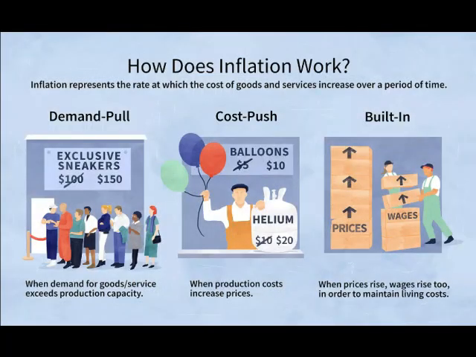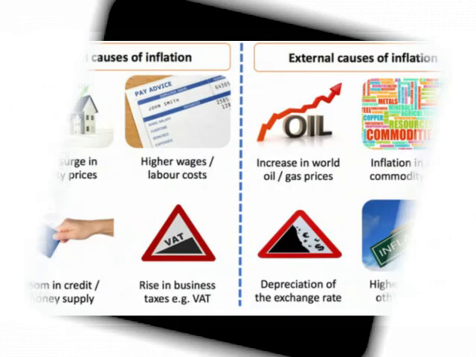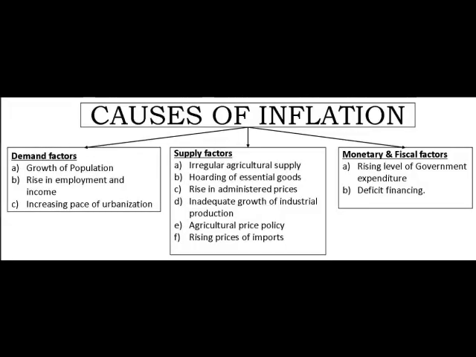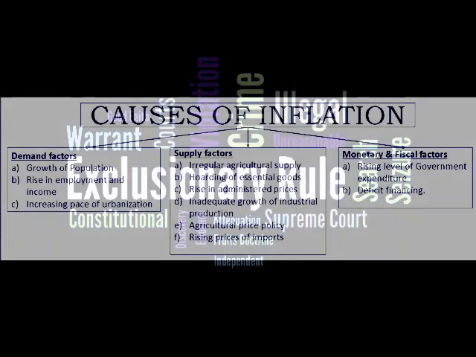Example: allowing or turning a blind eye to exploitative labor practices, such as low wages, unsafe working conditions, and lack of workers' rights protection. Impact: poor workers face economic exploitation and struggle to achieve better living standards, perpetuating a cycle of poverty. 9. Unfair trade policies.